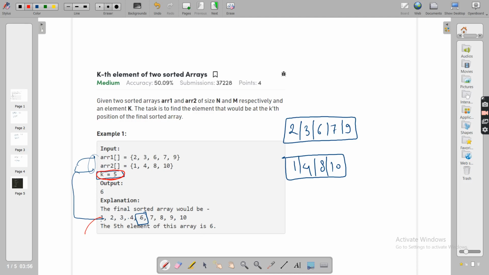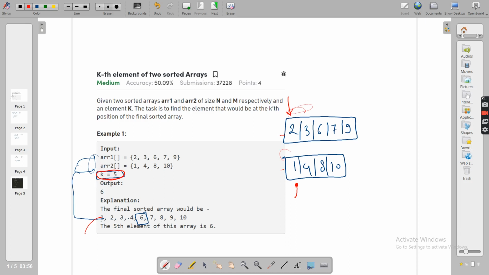What we all mean by smallest is this: these two arrays are already sorted, so we know their first smallest values. And our fifth smallest value will come from the front of them, not from the back.